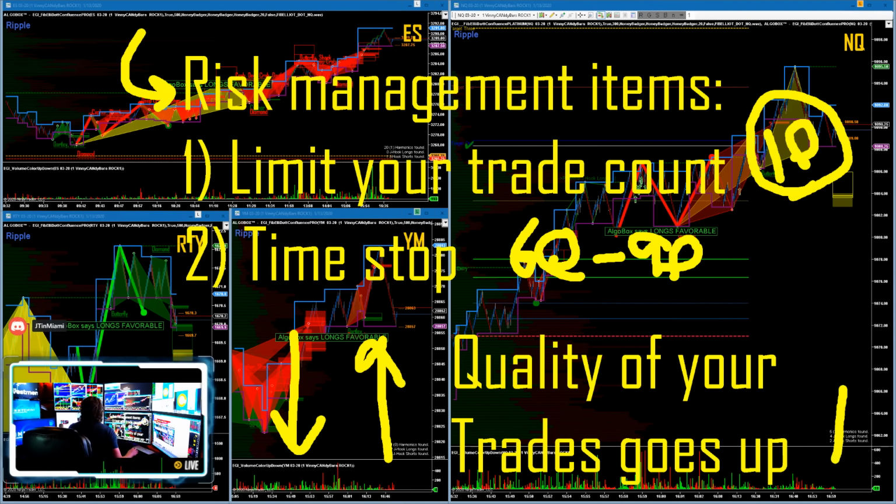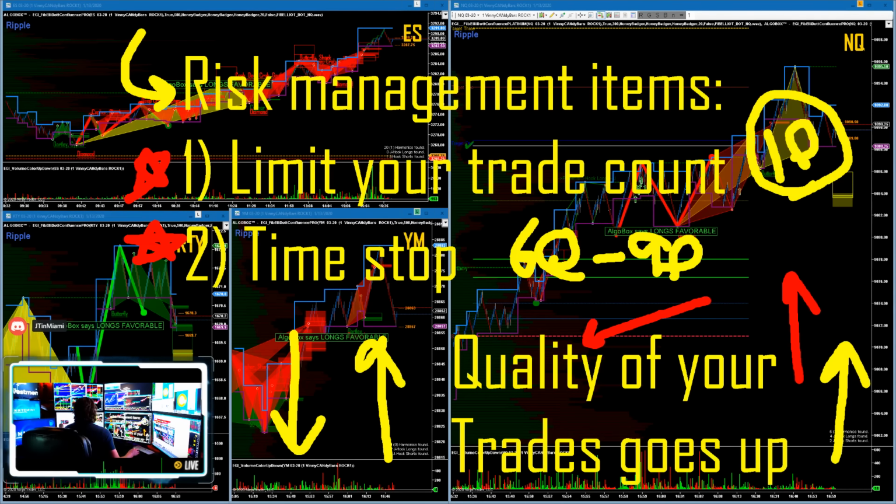The quality of your trades is going to go up by doing these two simple things. That's what I'm telling you. I don't think you're going to learn this anywhere else because, quite frankly, I made this up from my personal experience. Limit your time. These both increase the quality of your trades, which is huge. That's actually all you want to do. In fact, I could limit all this and say, look, I want you to improve the quality of your trades. Well, now I'm giving you specific ways to do that. Got those? So we have a time thing and we have a count thing.